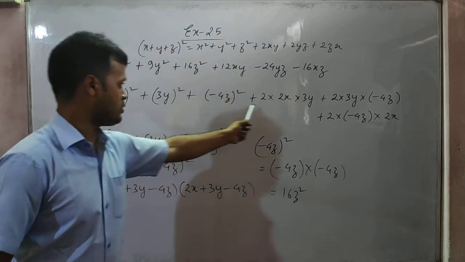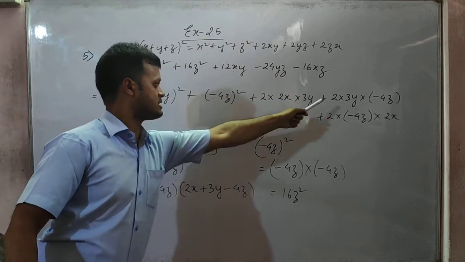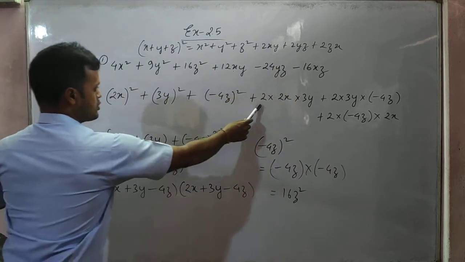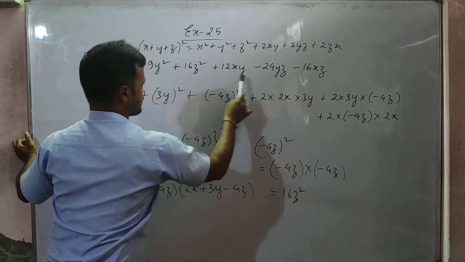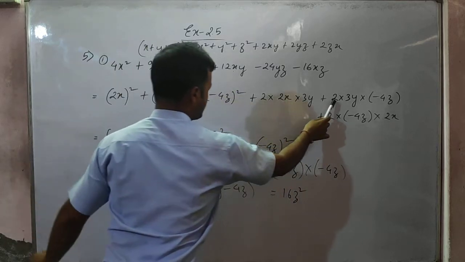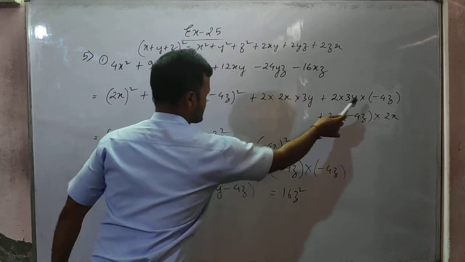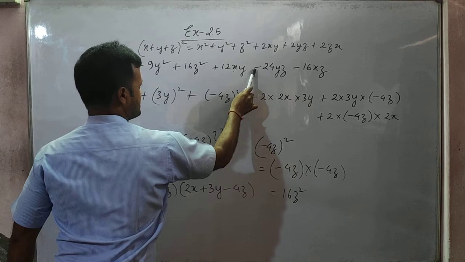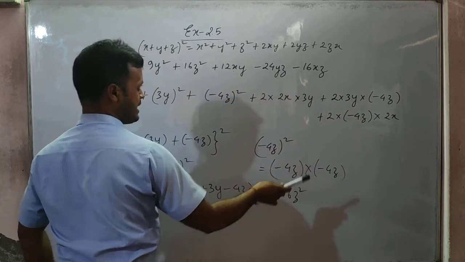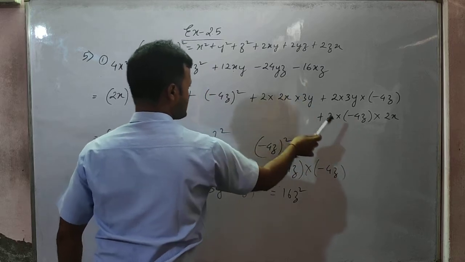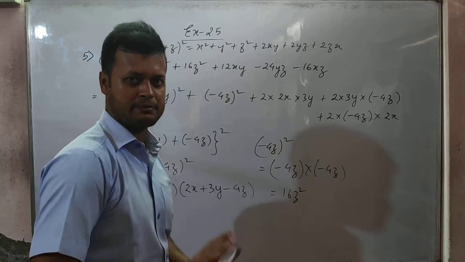Even when you are writing this, you must calculate and see that these 3 terms and these 3 are matching or not. See, 2 2s are 4, 4 3s are 12, 12xy. Here 12xy is there. Next you see 2 3s are 6, 6 4s are 24, and minus plus it will be minus, isn't it? So 2 3s are 6, 6 4s are 24, 24yz, matching exactly. And this one also, you see minus plus it will be minus, 2 4s are 8, 8 2s are 16, 16xz, matching, no? Absolutely matching.